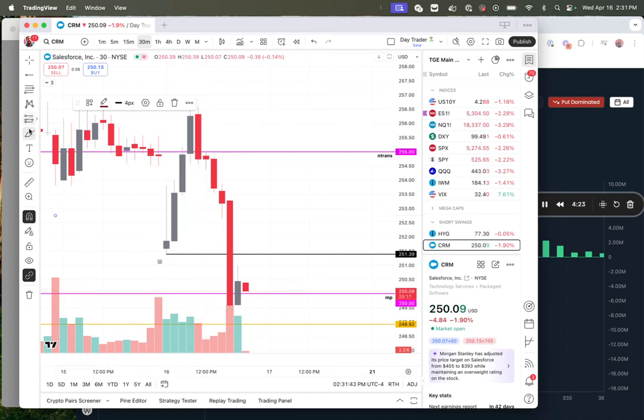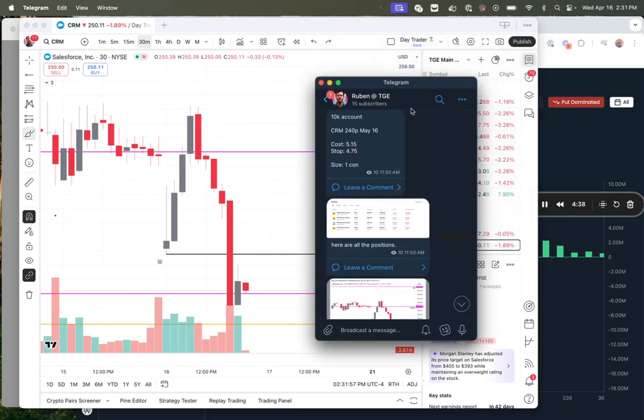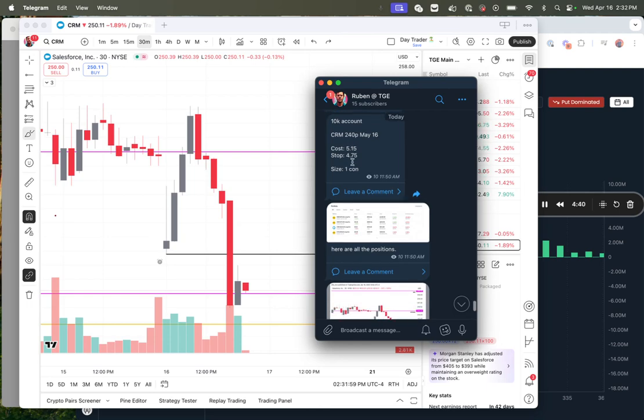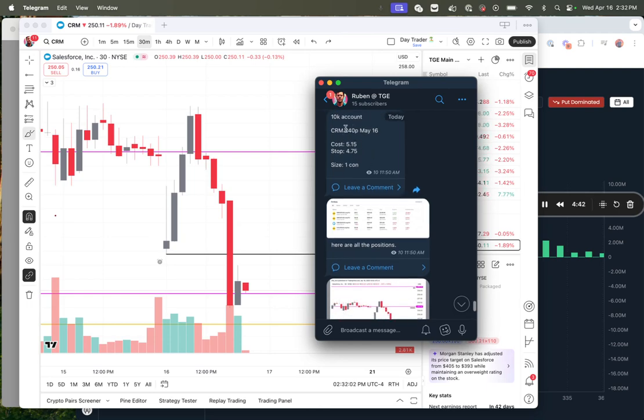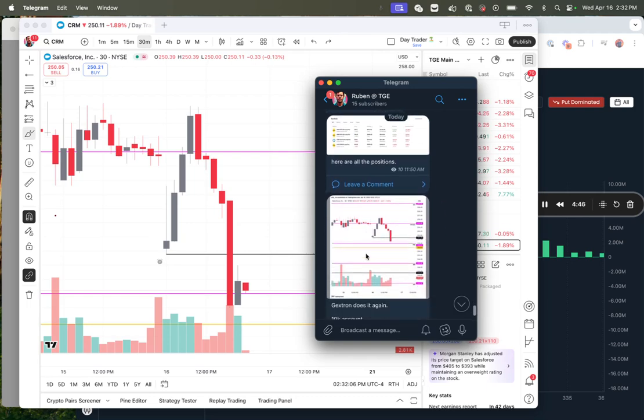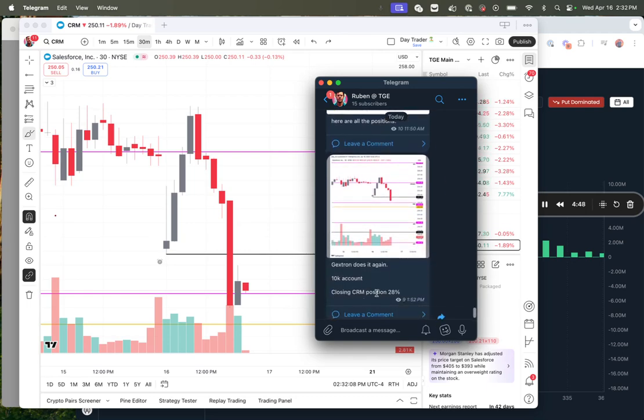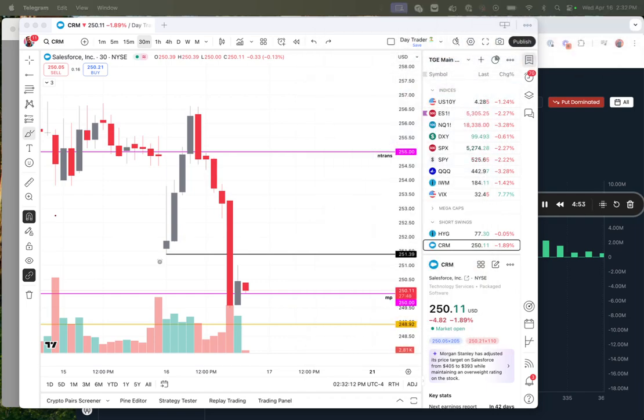frame, because we saw that it did go up a little bit, but it could not hold it. It came back down, and as it was coming back down, we took our position and we actually netted that 28% return. Let me see if I can find it here. So we took our position here at 1150, because we're doing a 10K account as well. We took one contract, okay, and we sold our position at 28%, which was pretty much closing